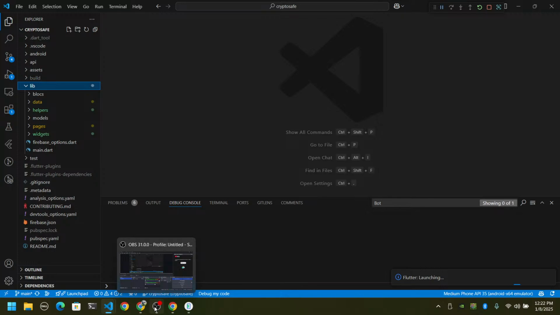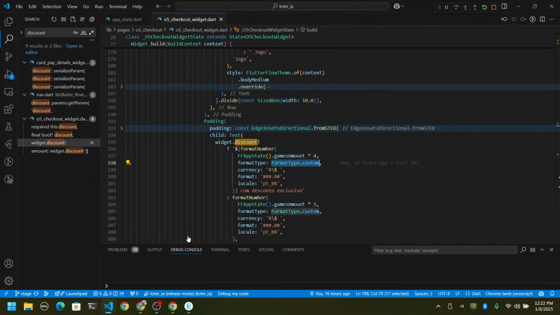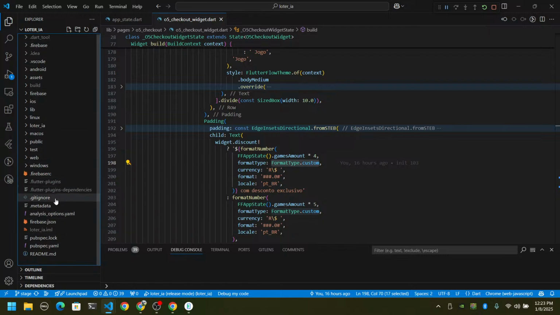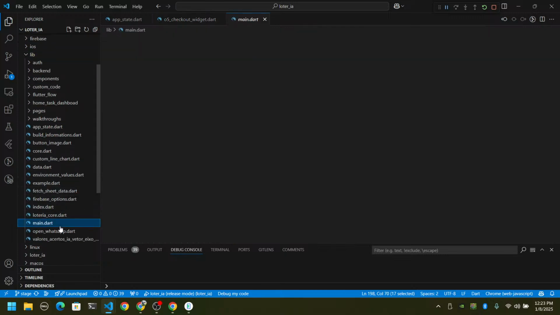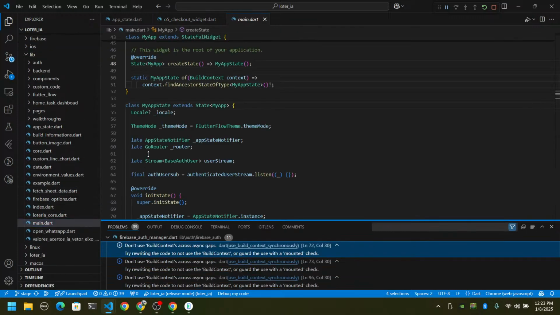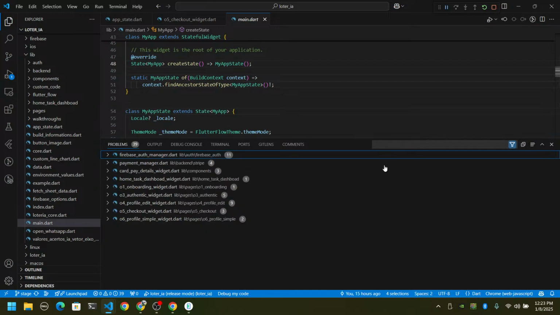I can debug it, but this code right here that was created with Flutter Flow, I don't know why, but it seems to be too complex to be debugged. There's some kind of logic right here that I don't understand, but it is so complex that it involves setting up things